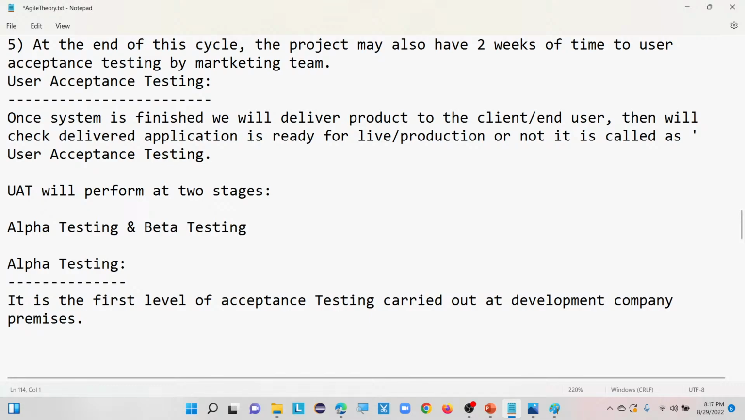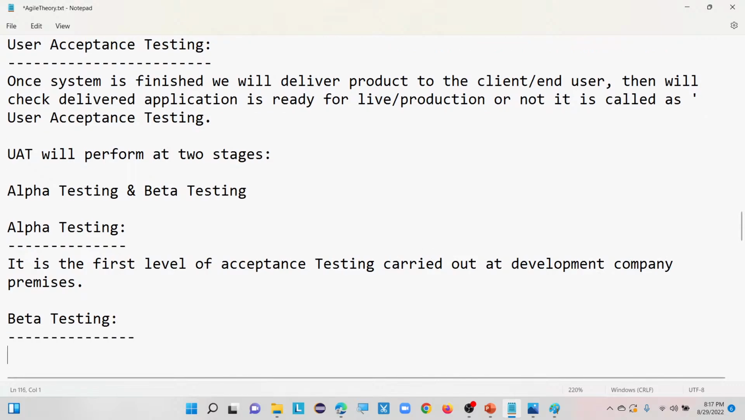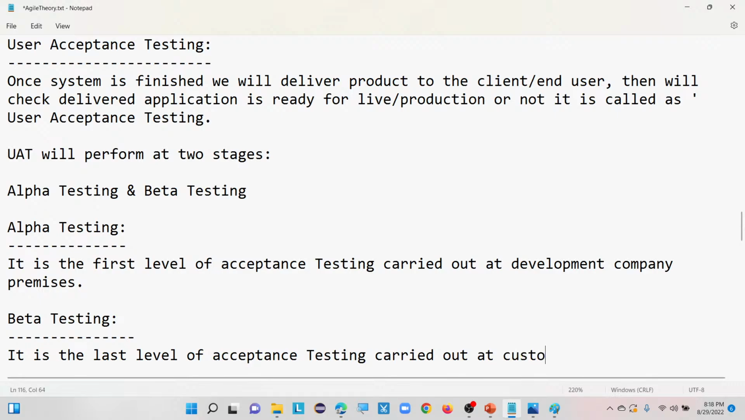Then what is beta testing here? It is the last level. Once alpha testing is completed at the company, then they will go for beta testing. It is the last level of acceptance testing, where it will be carried out at customer premises